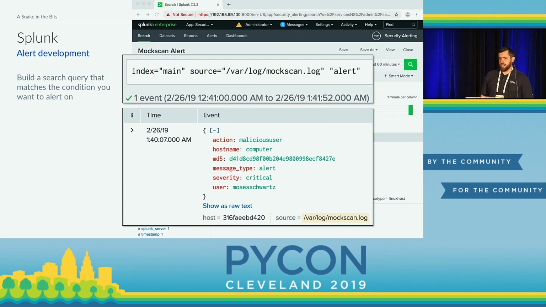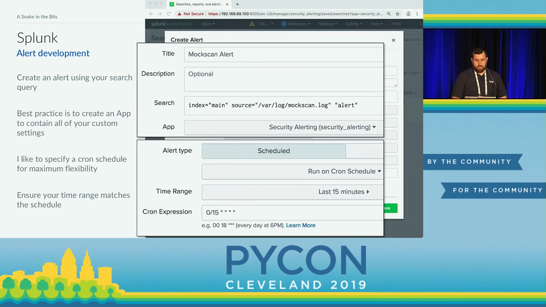So Splunk is a really popular example of a log aggregation system that'll let you create alerts. Just super briefly, you start out with a search, and the search criteria will then go through the logs and return you any relevant log information. And from there, we can develop an alert. So Splunk lets you take your search, put it into an alert. You set up a